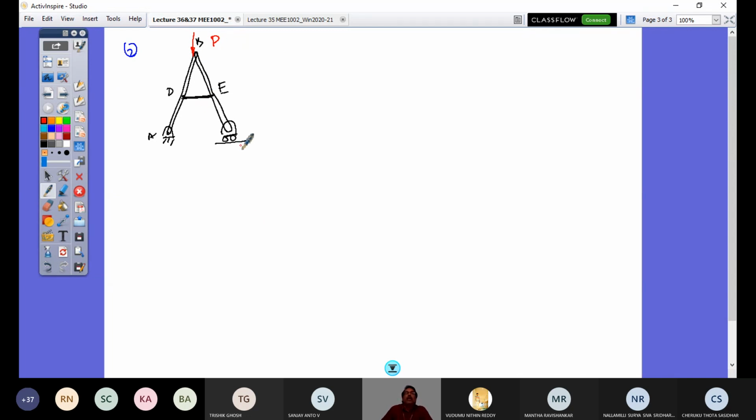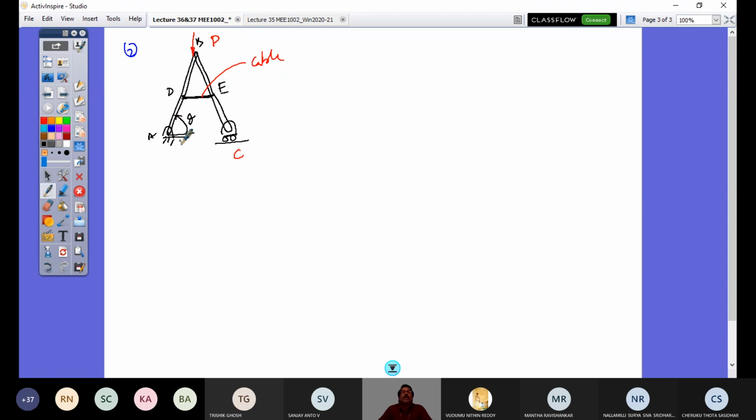That's what is asked. See, you know that if there is no cable DE, what would happen? So this is an inextensible cable. If this cable is not there, upon action of the load P at point B, static equilibrium is not ensured because you have a roller at point C. So this would be flattened. But the cable present would create tension as this P is applied, and hence you get your static equilibrium. So the static equilibrium is represented by a coordinate theta,